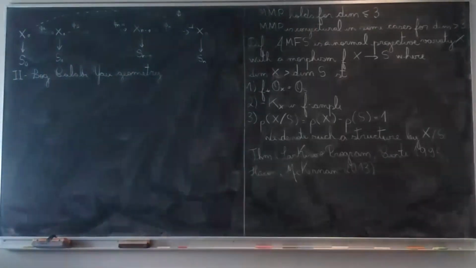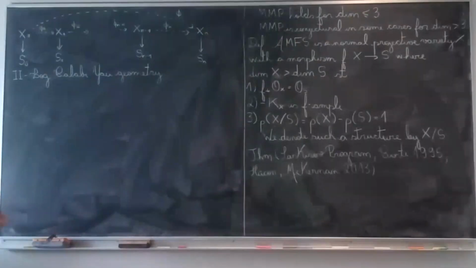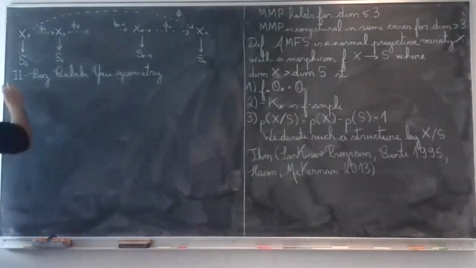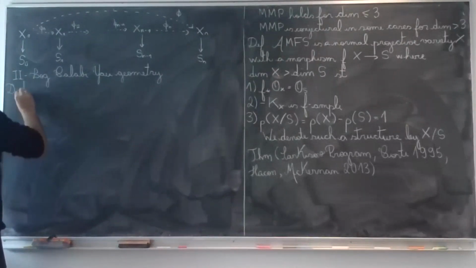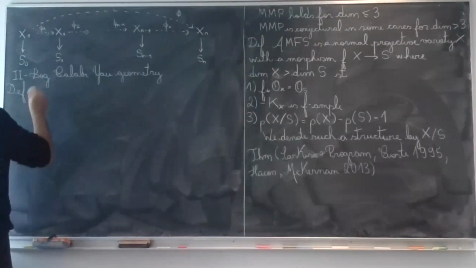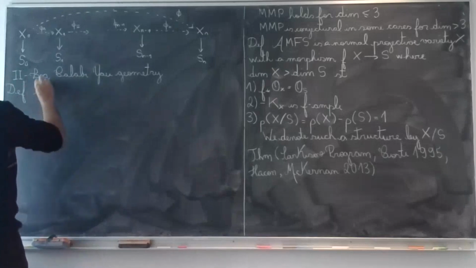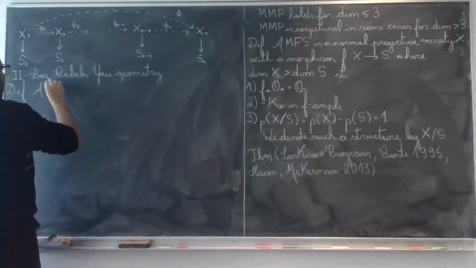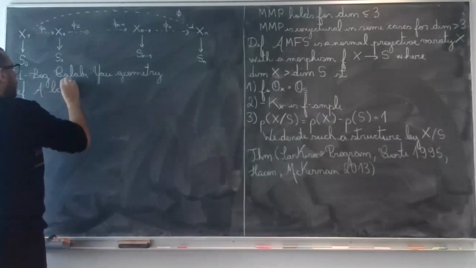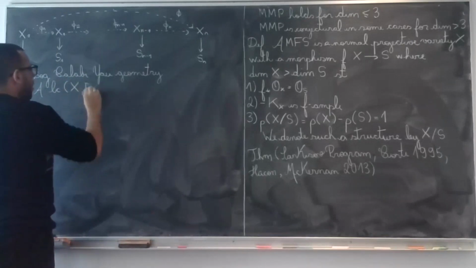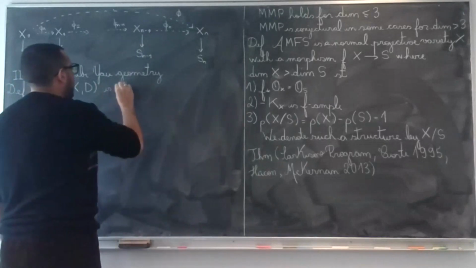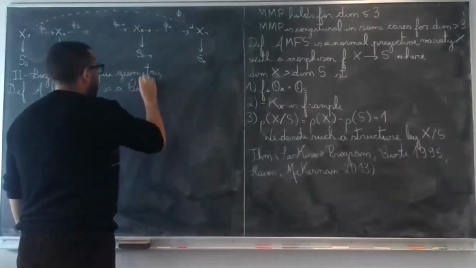Now I will define what Calabi-Yau pairs are, which you can think of as generalizations of Calabi-Yau varieties. So a Calabi-Yau pair is the following data. I consider a log canonical pair (X, D), which is a Calabi-Yau pair